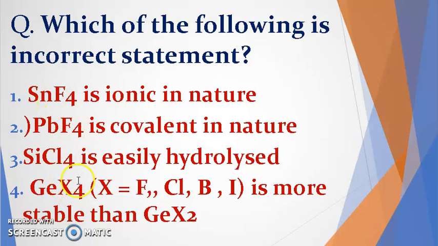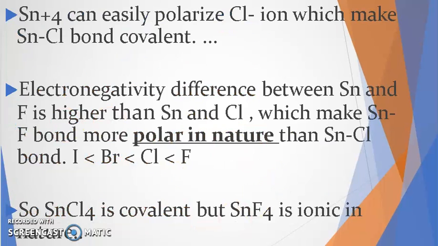Again coming to the options, fluorine and halogen atoms are there. Fluorine, chlorine, bromine, iodine. What is the general nature of the halogen atoms? It is about electronegativity. As you move down the group, the number of energy levels increases, because fluorine has atomic number 9, chlorine 17, bromine 35 and iodine 53.